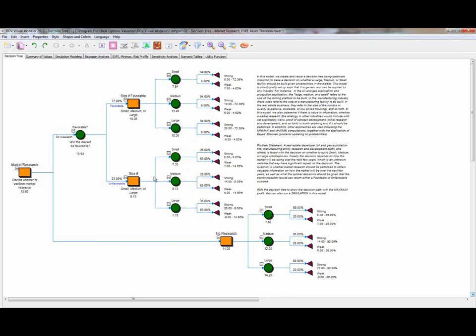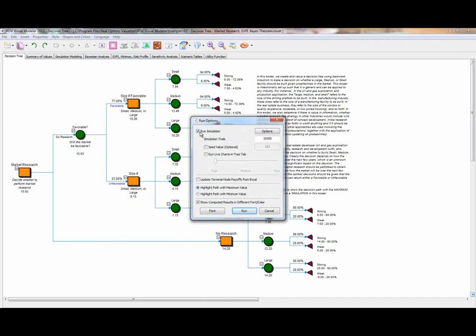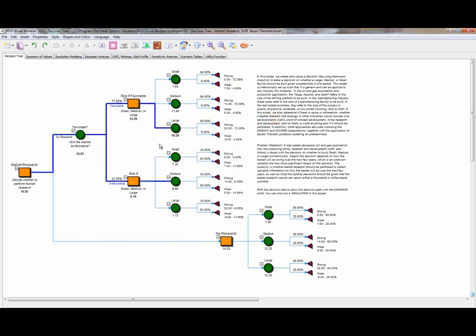All right. So here is the model. Very, very simple to set up. And I've put it together with a few notes. I can click on run in this case. Now let's run without a simulation, and I click on run, and you would see that this is your optimal